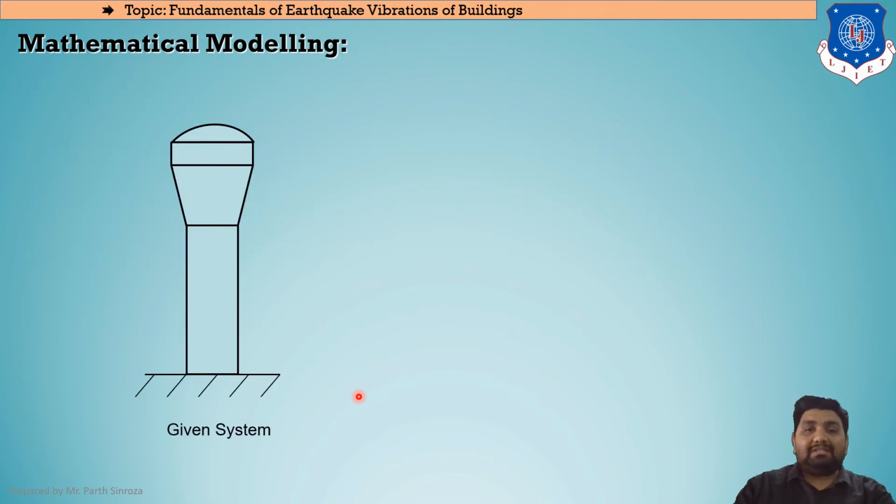So first, this is a structure, or a system, that is given. It is just a water tank that we are dealing with. Now the water will be stored in this upper part. Clear? This is just the foundation portion. This is the support, we can say vertical support, and the water will be resting here. So here the mass of the structure is basically located in the top portion. Clear? So here this will be the structure. That means this is the support, that is a rigid support. It will be acting as a single line, a 1D object, and then our entire mass will be concentrated here.